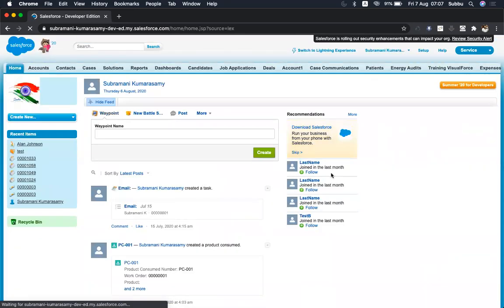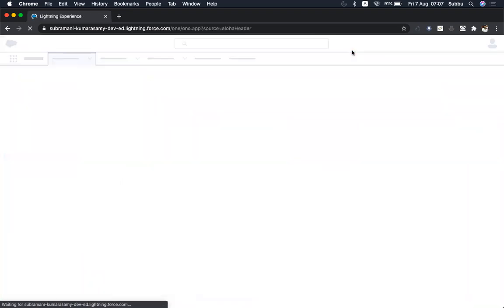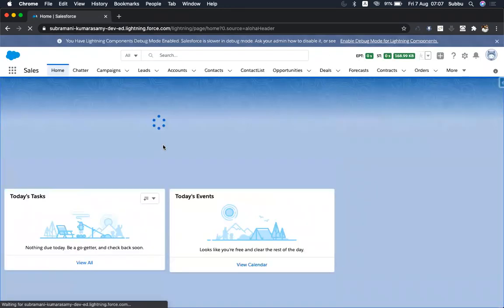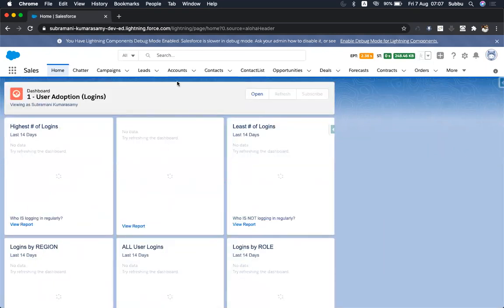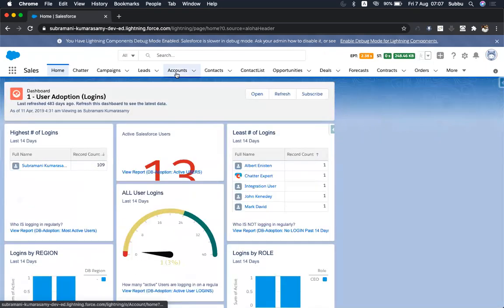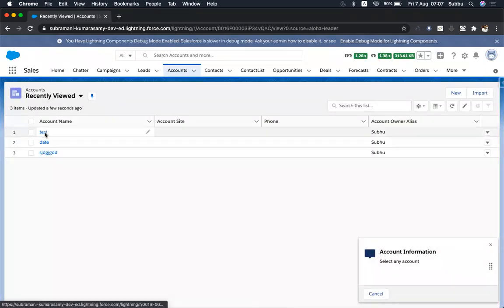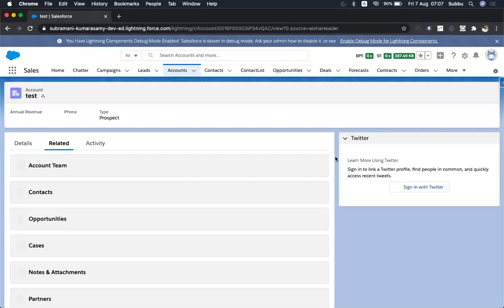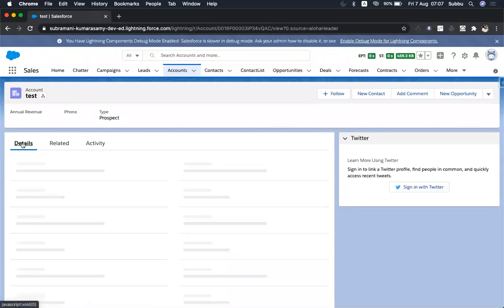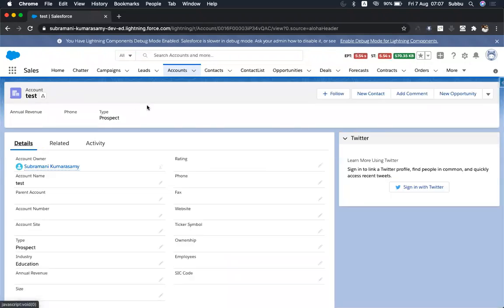This is my Classic UI, right? If I switch back to Lightning, what is the difference that you are seeing? Interface is the difference. So an enriched look and feel, right?